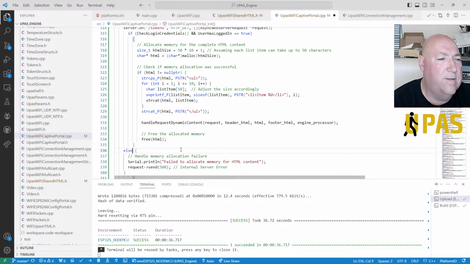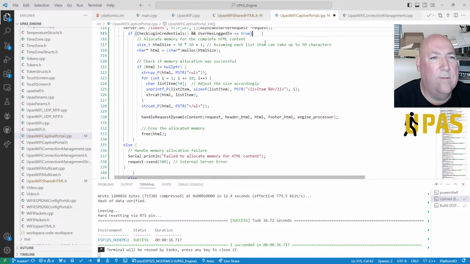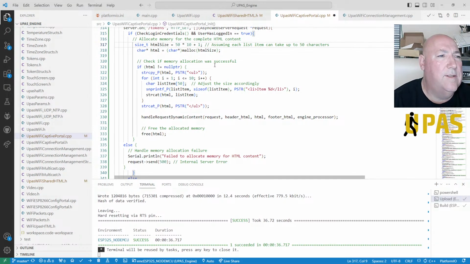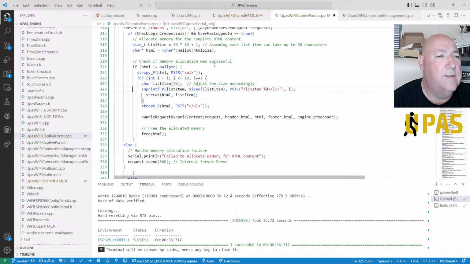Okay, let's go with the flow. Let's put it back up here. Let's just make it easier to look at. Right, okay, here we go. Got a mess going on here. Bit of a mess going on here. Right, that's sort of caught up. Then the else is in the wrong place. Right, okay.